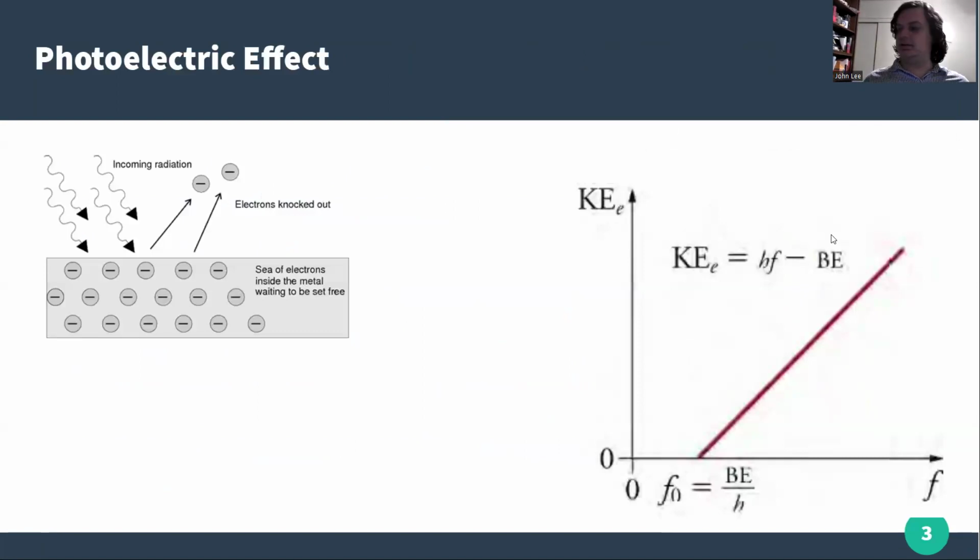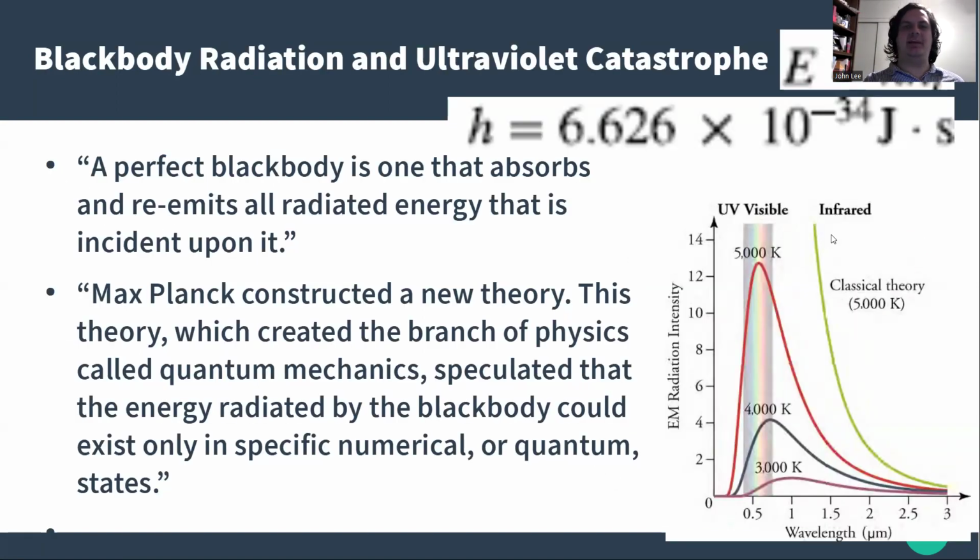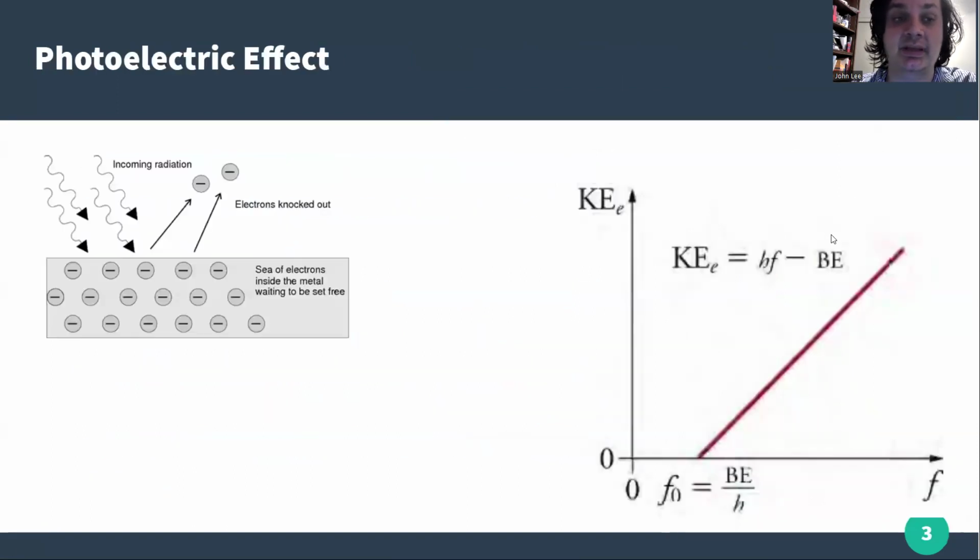So that is quantum mechanics. Quantum means that there are only certain allowed states and that you can count them numerically, like 1, 2, 3, 4, 5, instead of it just being a smooth distribution over everything. So that is the definition of the word quantum, and that's where we get the term quantum mechanics.